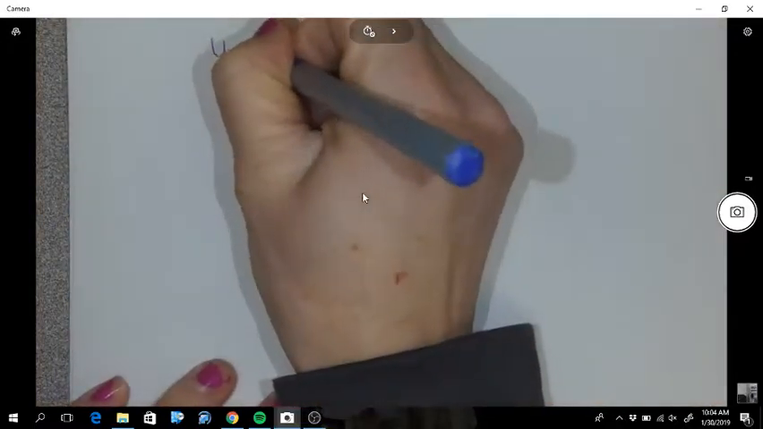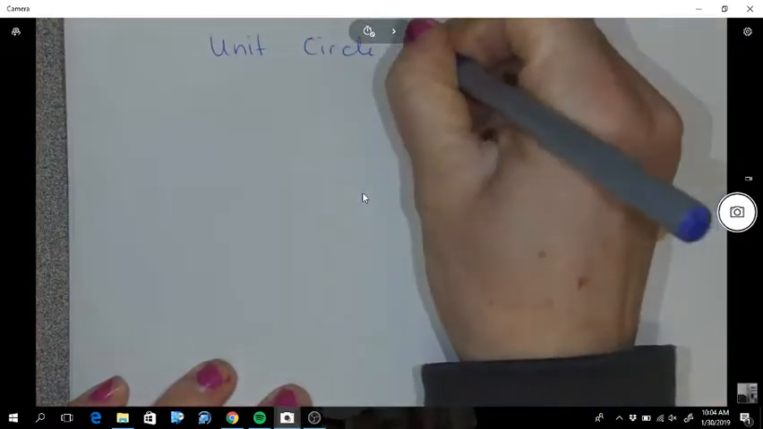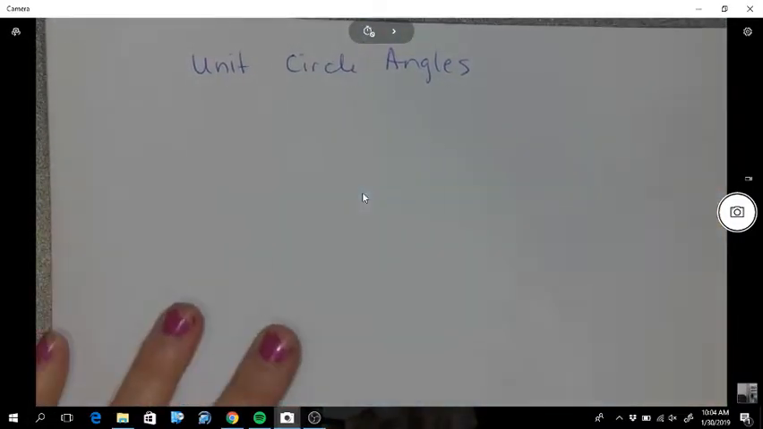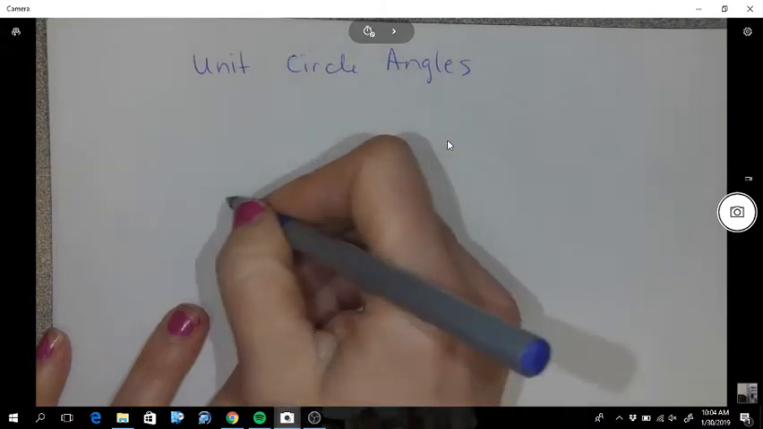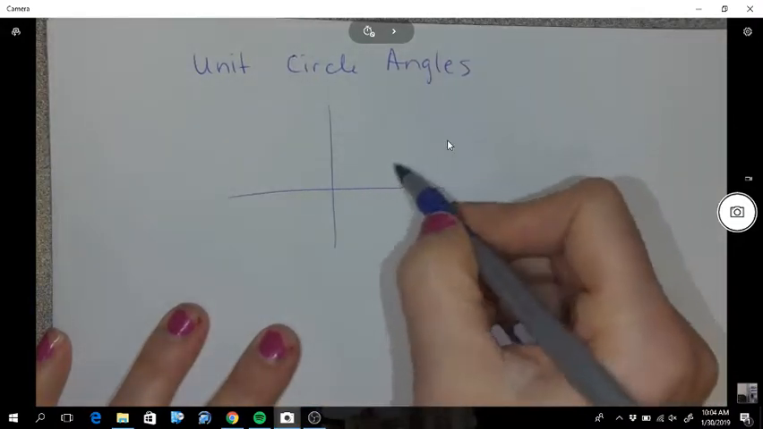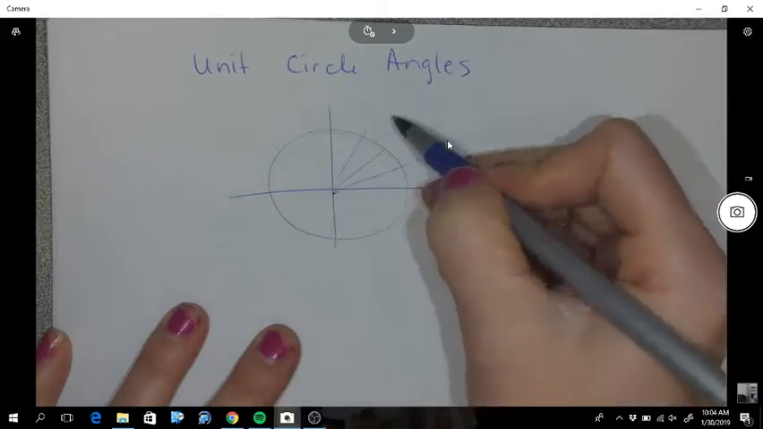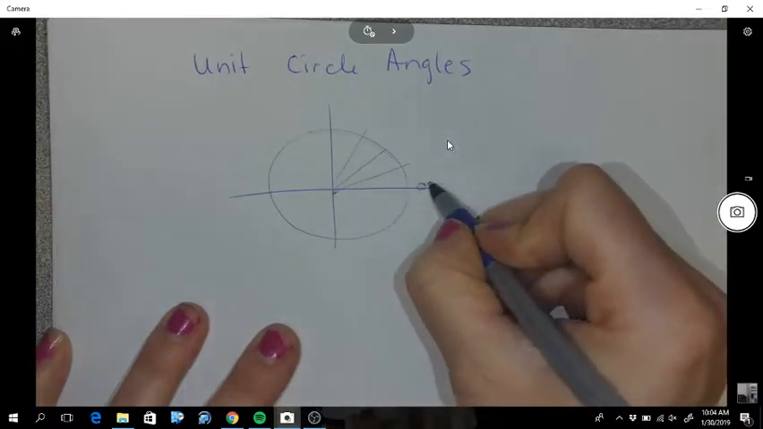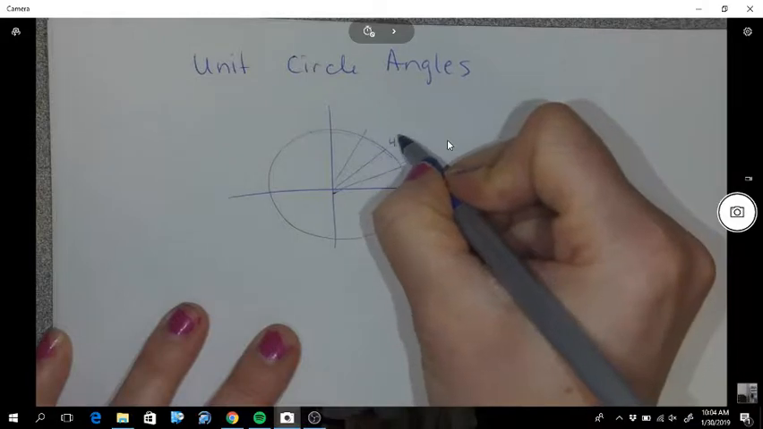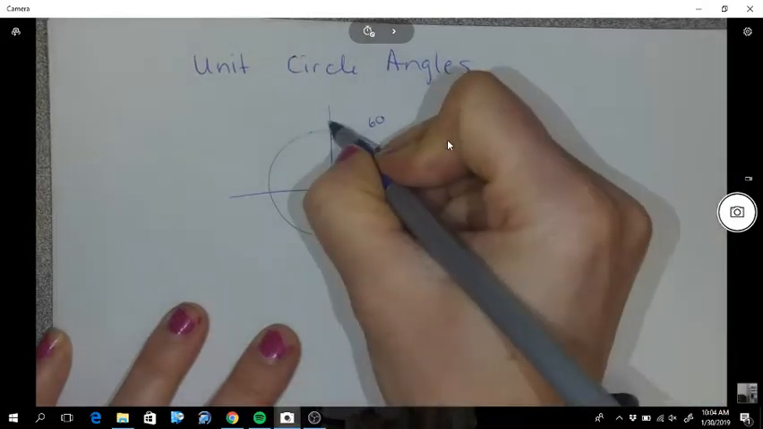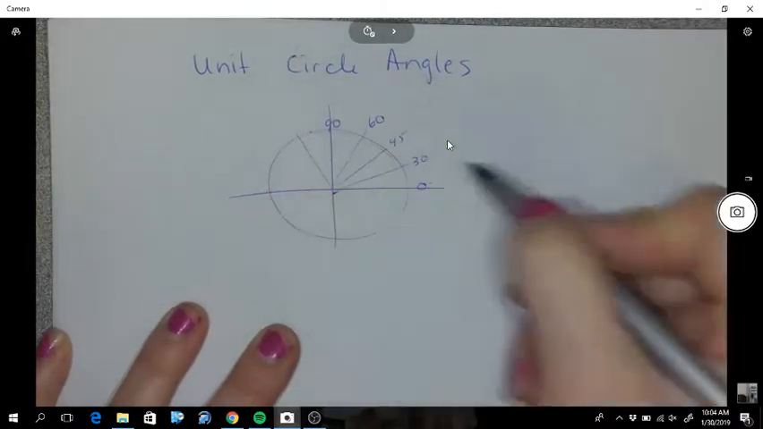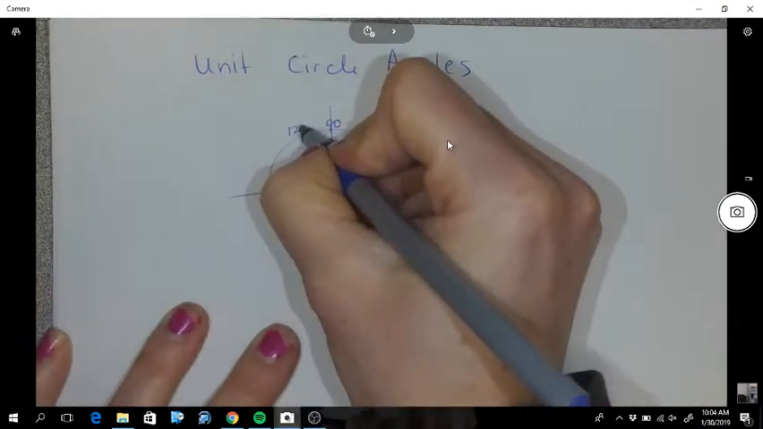Okay, I'm going to talk about all the special angles on the unit circle. In grade 11 you were introduced to the unit circle, and the angles on the unit circle followed a special pattern. So it went 0, 30, 45, 60, 90, and then it followed 30, so that's 120,